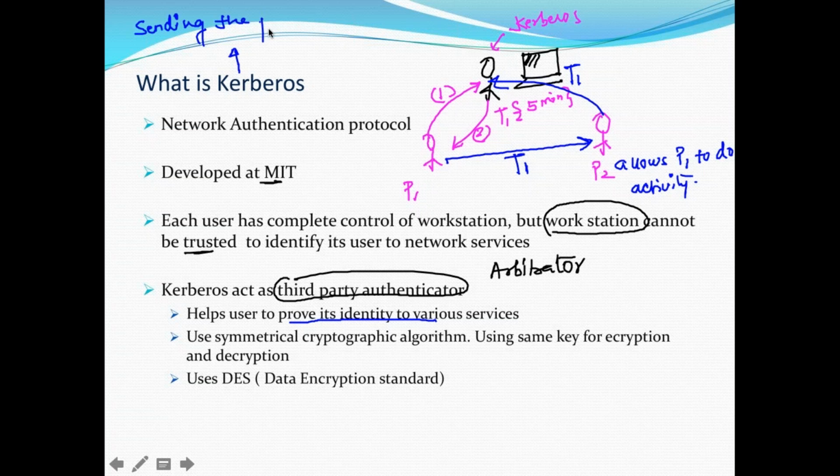Sending the password in any form, whether plain text or encrypted, is prone to attack. It's a risky option. So in Kerberos the password will not be transferred over the network, and it uses a symmetric cryptographic algorithm.